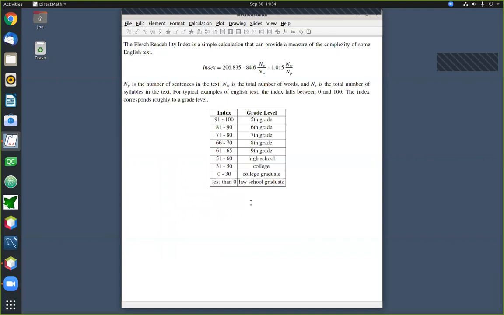Okay, before I move beyond this slide, does anybody have any questions about what the purpose of the scale is, what it's measuring, and how it's going to do it? Okay, so again, the key thing is we need to be able to open up a chunk of text and answer three key questions. How many sentences are there? How many words are there? And how many syllables total are there?